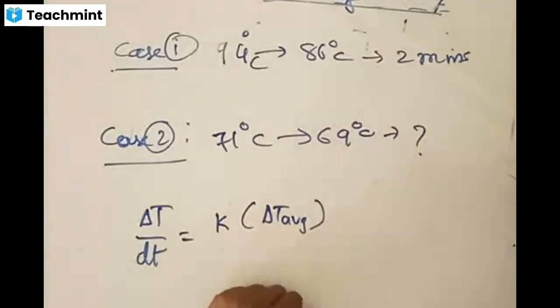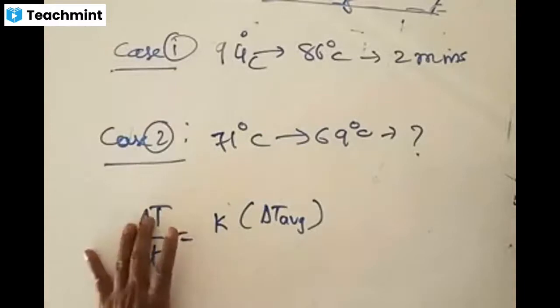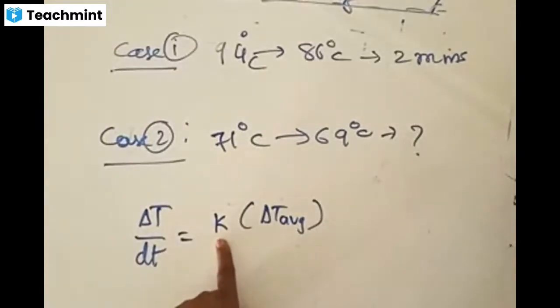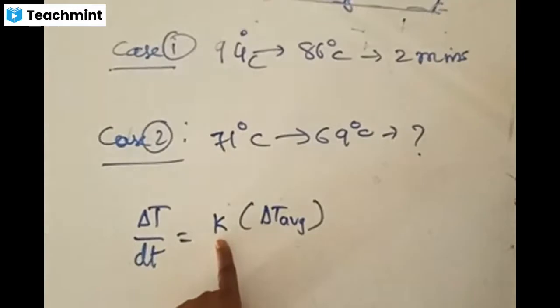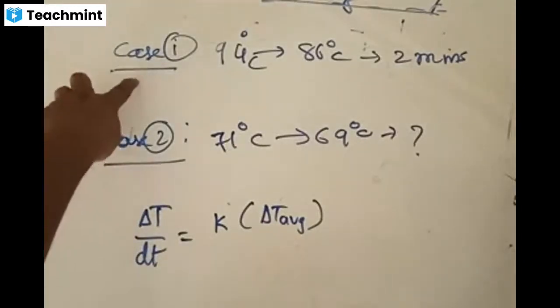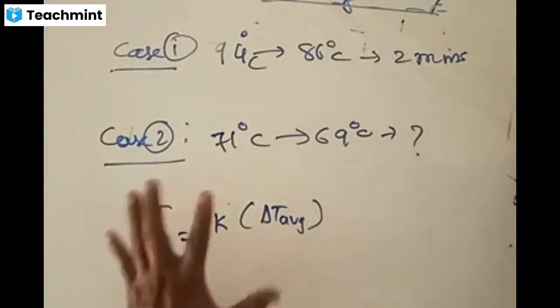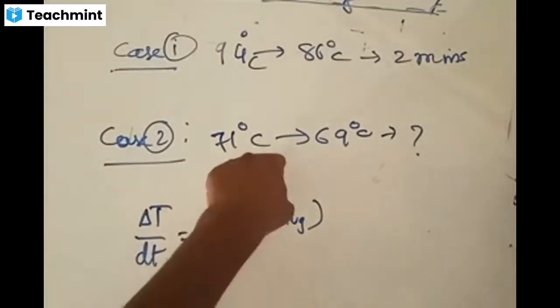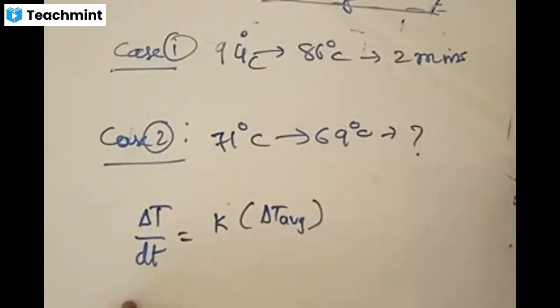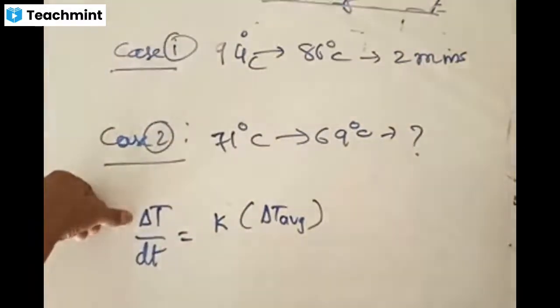Do you remember this or not? See here, this same formula is applicable for both. To solve this problem, we need the value of K. Ravi asked earlier how to find what K is. K is some value which remains constant. Using the case 1 data, firstly determine the value of K. Once you get the value of K, use the same value again for the second data and find the needed things.